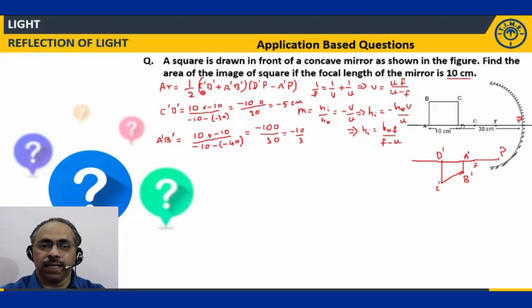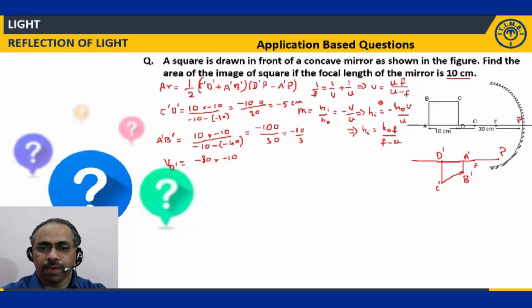So in the expression for the area, these 2 points I got. Now I need to find out what is D dash P and A dash P. So D dash P, if I wanted to find out, I need to use this expression for V. Okay. So V for D dash. Let us find out. UF. What is U? Object distance for D. So it is minus 30